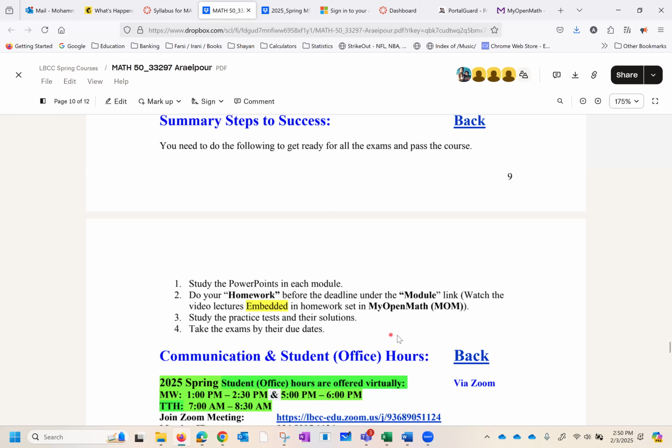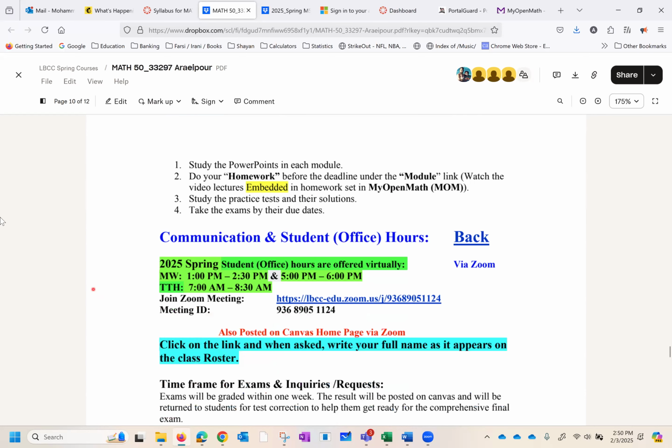Study the practice test and its solution. Take the exam by its due date. Again, this is the information about the office hours. This Zoom meeting is posted, and complete information is posted on the homepage of Canvas as well as the syllabus. Okay, everyone?